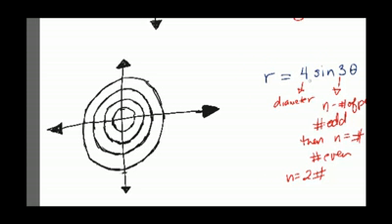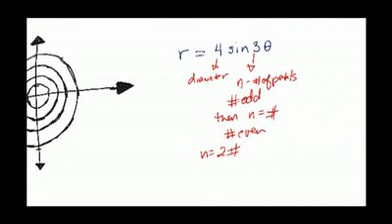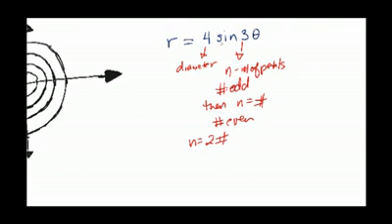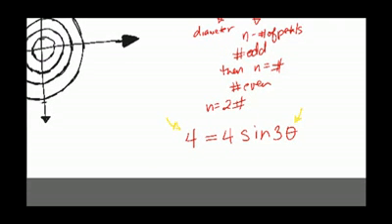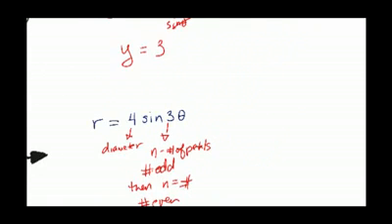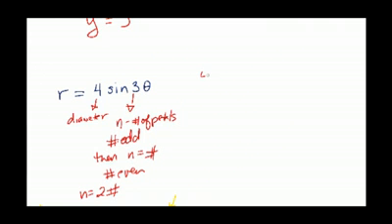So now we have to ask ourselves, what's the maximum value of sine? Sine's maximum value is 1, times 4 is a maximum radius or diameter of the petal of 4. So what we can do is set this whole function equal to 4. What you're doing there is asking yourself, at what theta values does my radius equal 4? So when you solve, hopefully you don't run out of space like I just did, you put 4